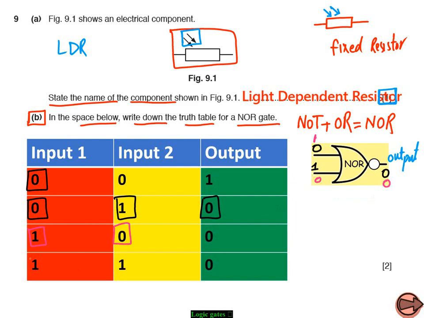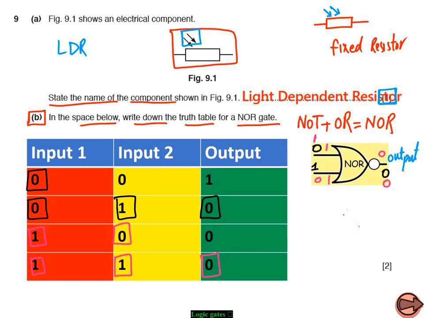Now the last one: if one input is 1 and the second input is also 1, the output has to be 0. It is just the inverter of the OR gate. So if we simply understand the OR gate,